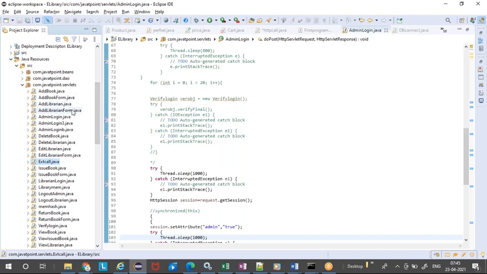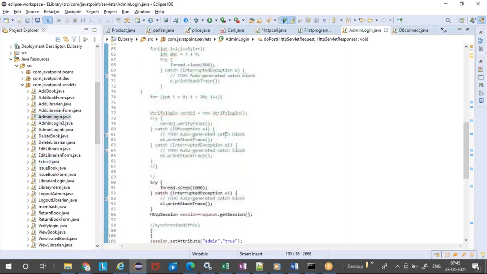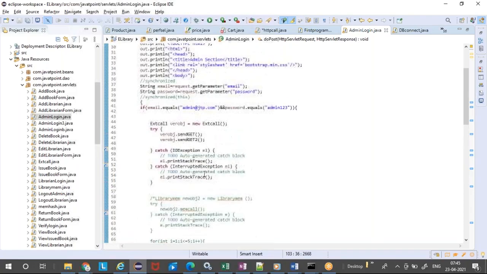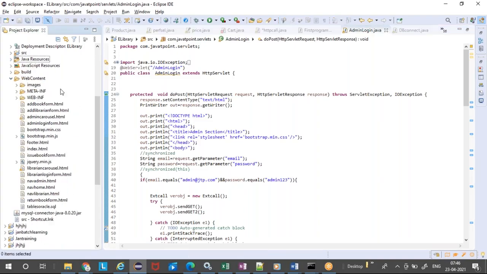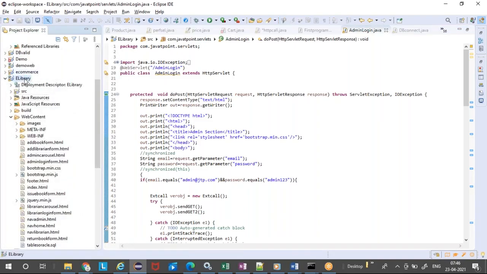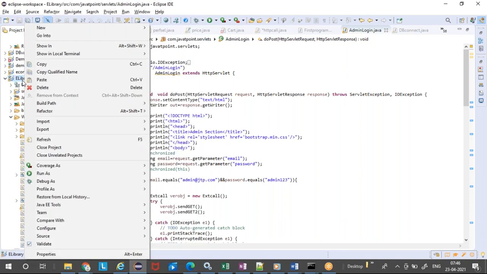Once it is done, we need to create a new war file, right? Because we are changing the code for this e-library application. Once we change this AdminLogin.java, we will comment out a few things and add a few things to create problems. Once you do that and save it, you just need to right click your e-library, and that is how even the teams are going to do it. To create a war file, they are going to export it, and this time they are going to export it as a war file.